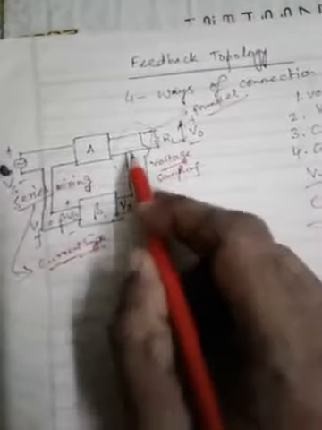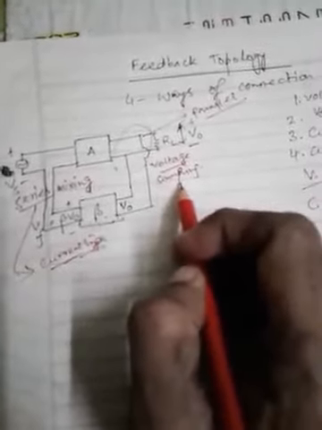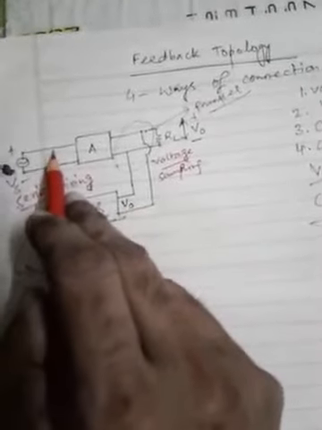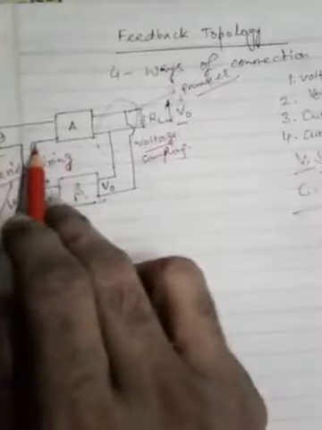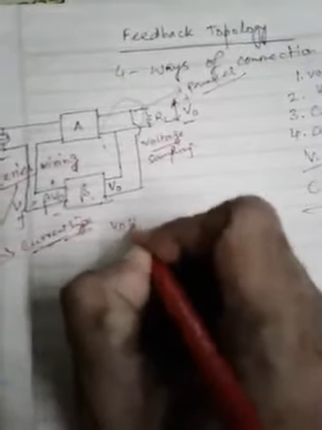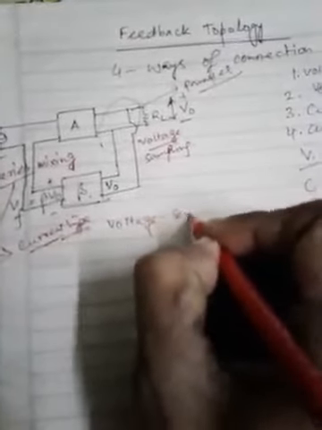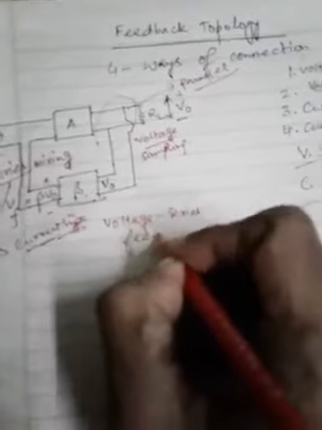So rather we are just taking the output in terms of voltage and doing the series mixing, just indicating it is being mixed like a current, because we are not following parallelism while mixing, we are following seriesism. So this type of feedback topology should be named as voltage series feedback.